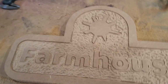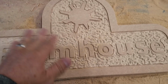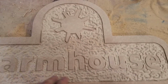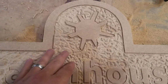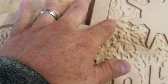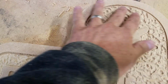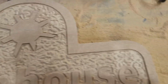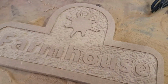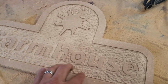There you go. That's most of it. See, I was doing random patterns, going up and down, circular motions. You don't want to go just perfectly back and forth. You want to get a random detail, kind of a wormy look. There's a few areas that need to be touched up, like right here. Anywhere where you have the predefined CNC lines here, you need to blend that in. There's a lot of little touch-ups here and there, but this is pretty much the general idea of what you're going for to give that hammered look for a